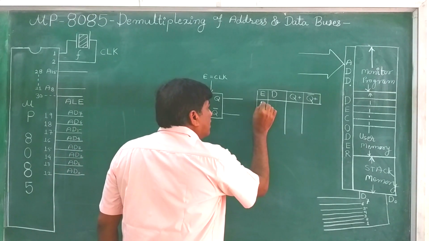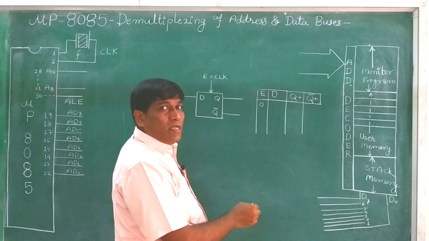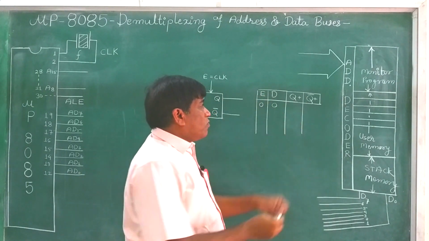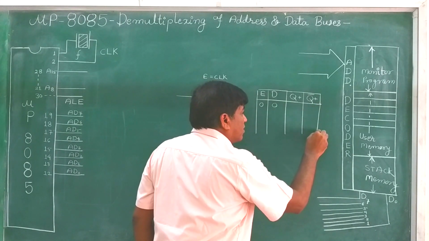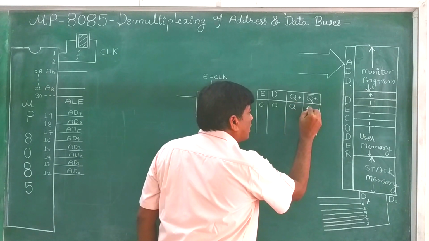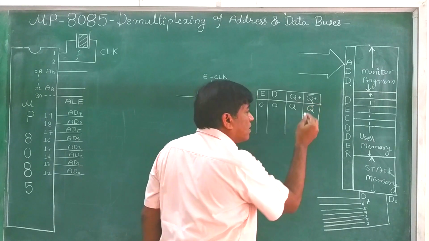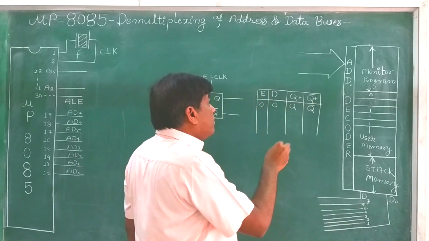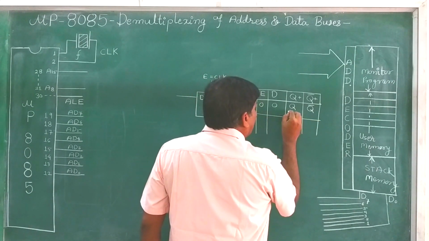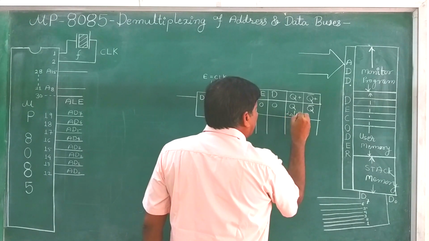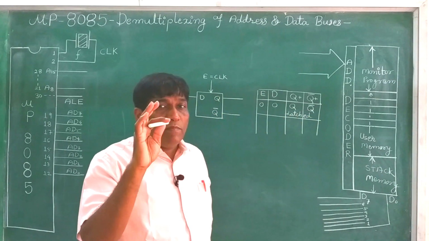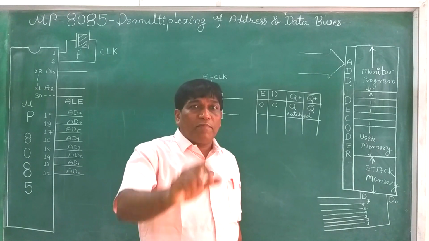Suppose the clock is not enabled, it is 0, and the D input is also 0. What will be the outputs Q and Q bar? They will not be activated; they will remain as they are. As it is means whatever the previous values were, they will remain. It means whenever the clock is 0, whatever the previous data is, that previous data is latched. Now the meaning is clear.